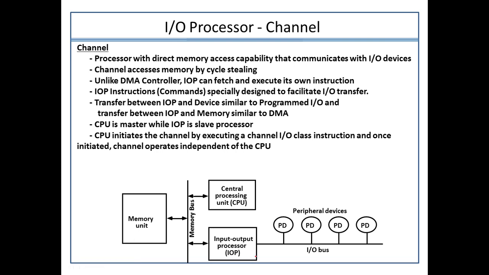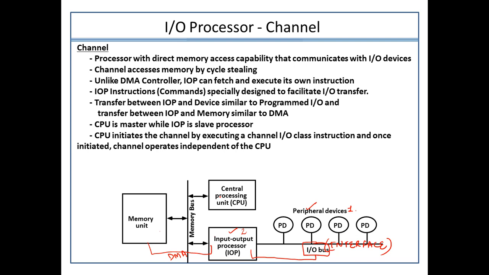Okay, so now the point is, this communication from the peripheral devices to the IOP processors, from 1 to 2, will take place through the IO bus. It means the communication only takes place through the interface. Some interface is required from here to here, from 1 to 2. But from IOP to the memory unit, the communication will take place exactly how it was taking place in case of direct memory access. So this is again another important point in understanding the IOP processors.